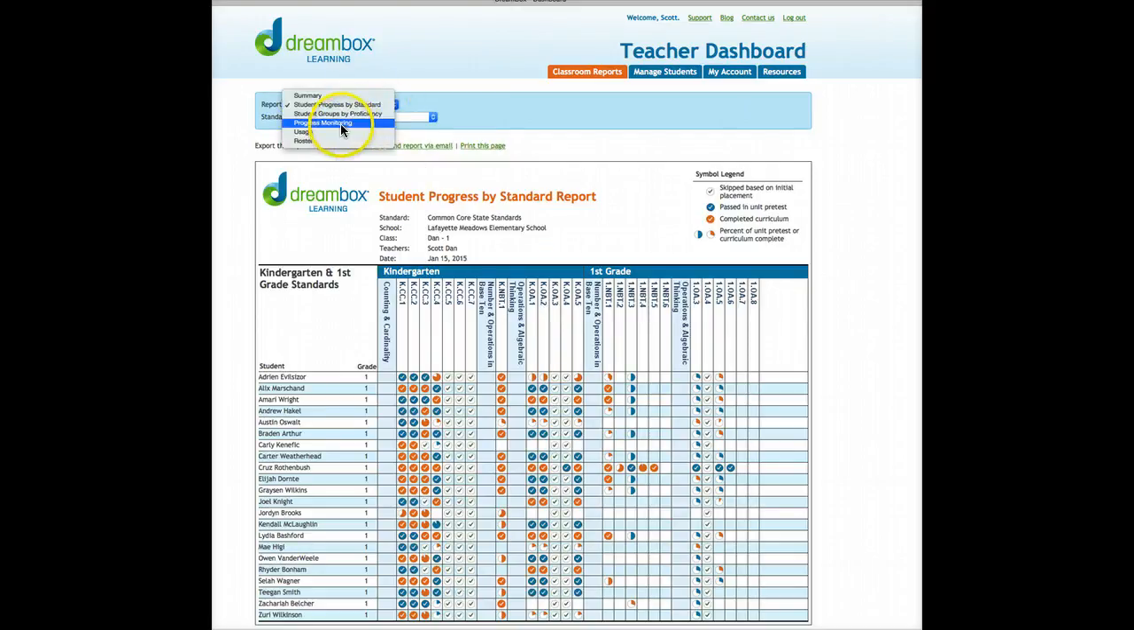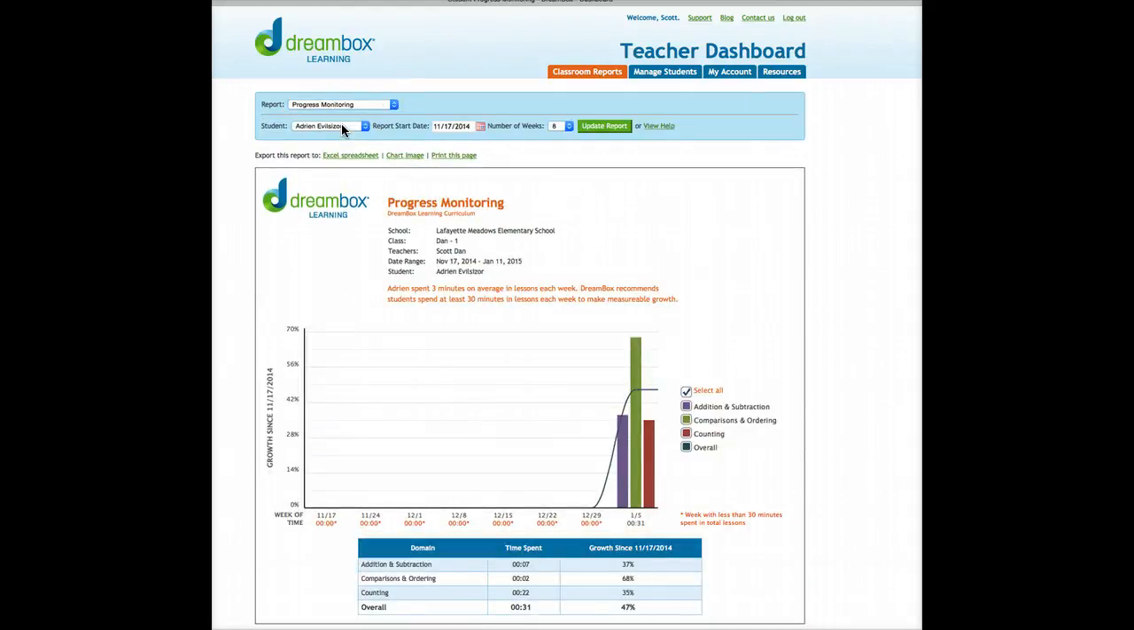Another one you might want to take a look at is the progress monitoring. Now, this student has not spent enough time working on Dreambox just yet. He's only spent 3 minutes on average in lessons each week, and they're recommending at least 30 minutes. But if I were to go to another student,